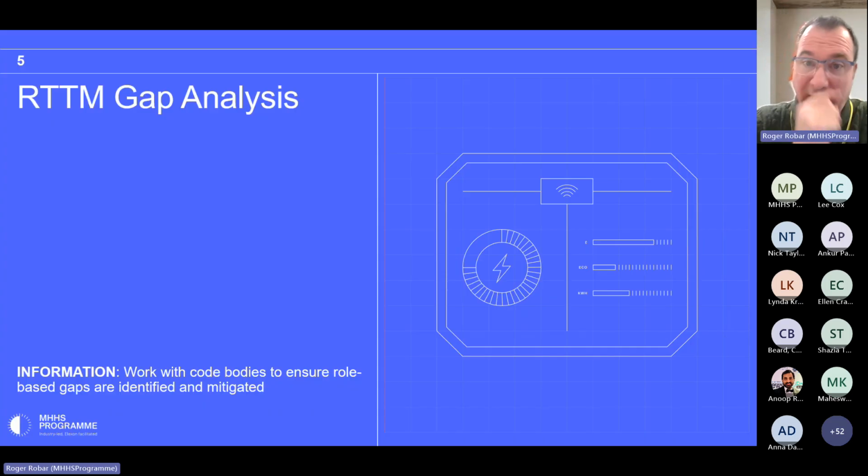In the summer, we identified that there were a number of gaps in the original requirements to test traceability matrix, especially around roles and the ways that our tests assumed certain roles would be fulfilled, and that there were changes in the way functionality was expected to work depending on the roles involved.